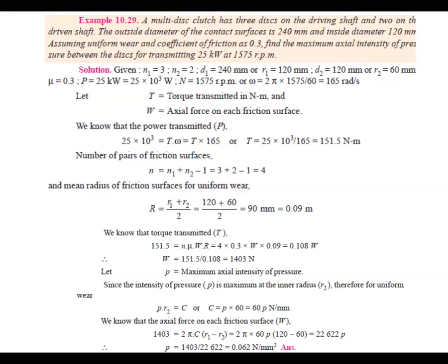Then after that, the pivot and collar bearing. During the pivot and collar bearing, we have taken two principles: uniform pressure and uniform wear. Then after that, coming to clutches. Clutches, also single plate clutch and multi plate clutch. So till now we have seen those formulas. You remember them and write them down in one place by hand. Next class I'll take you through the multi-plate clutch, right?